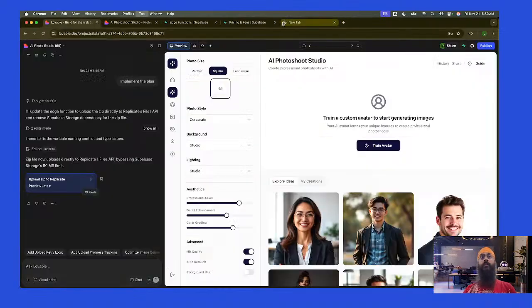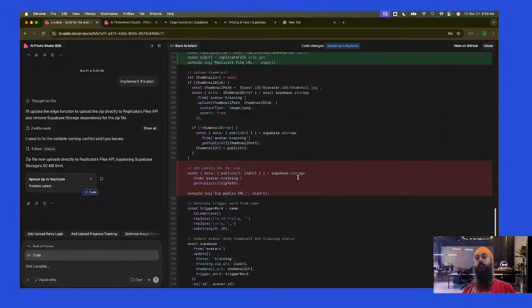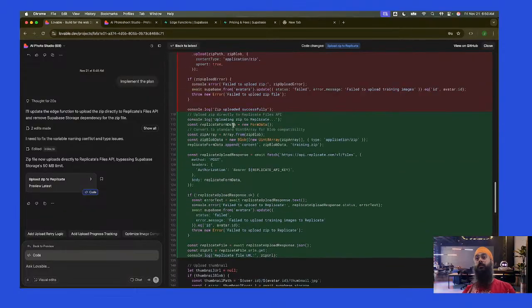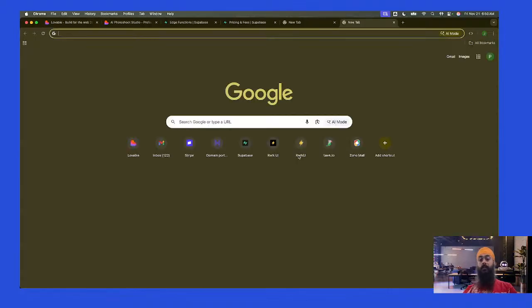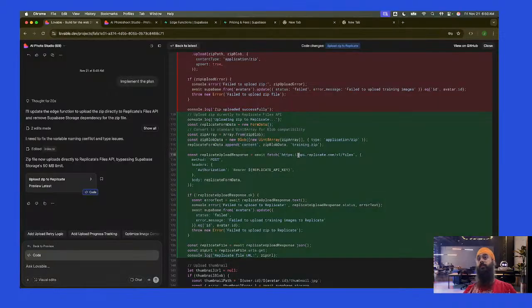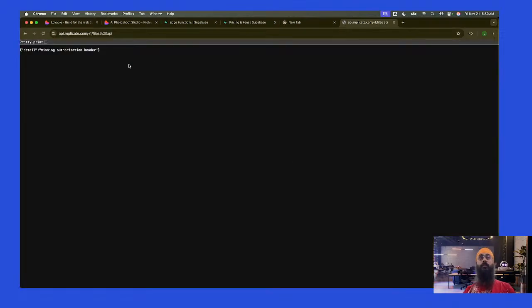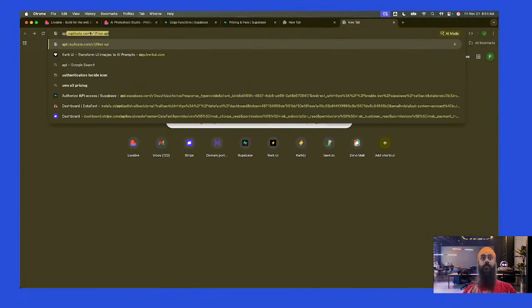Okay. Let's see which API is used. api.replicate.com/v1/files API.